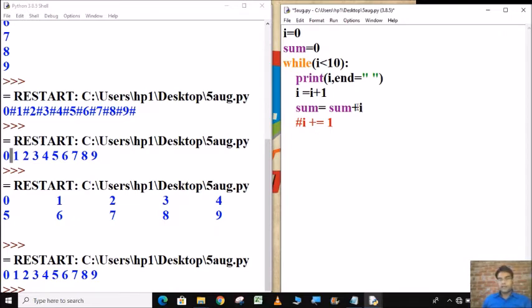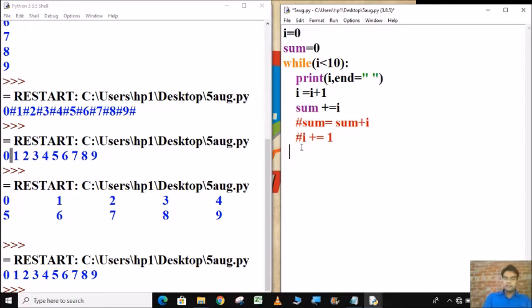Or we can write its shorthand notation: sum plus equal to i. Every time sum will be added with i.